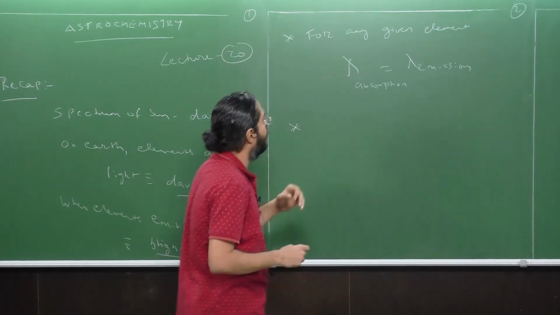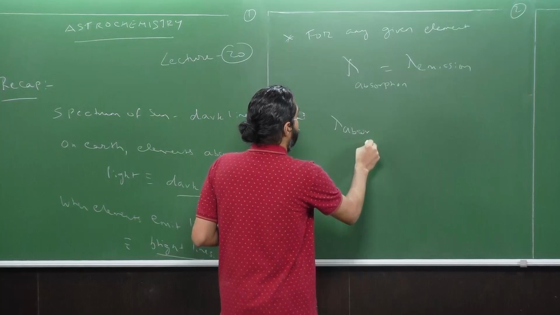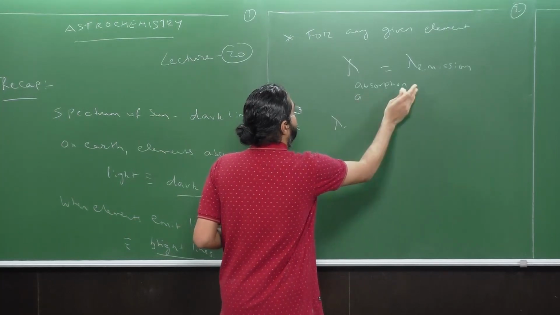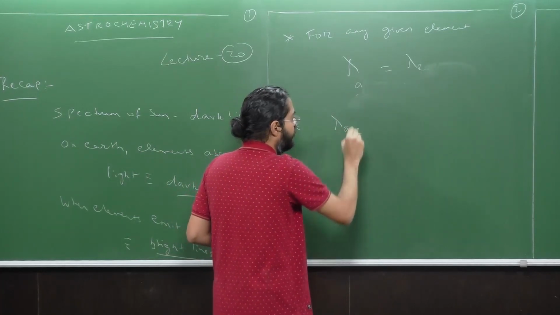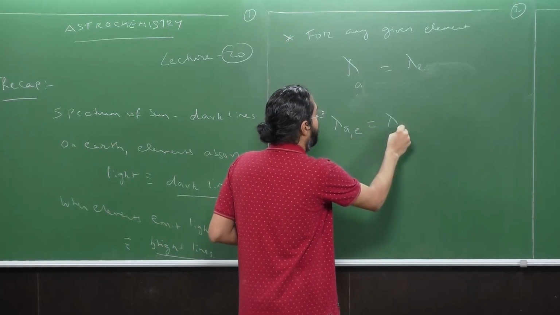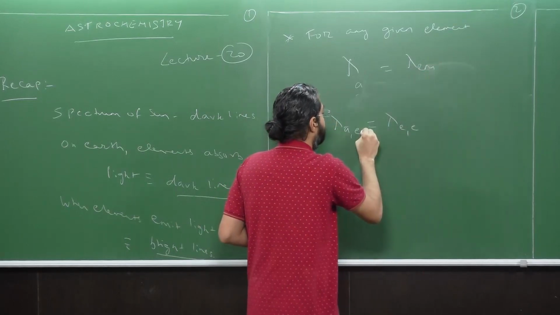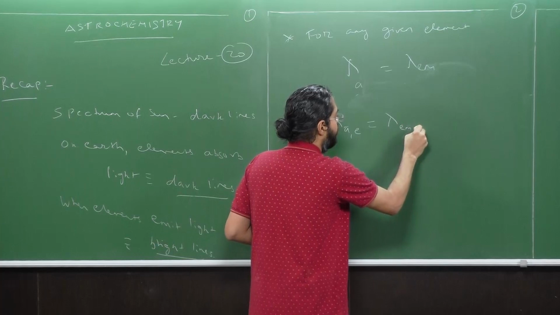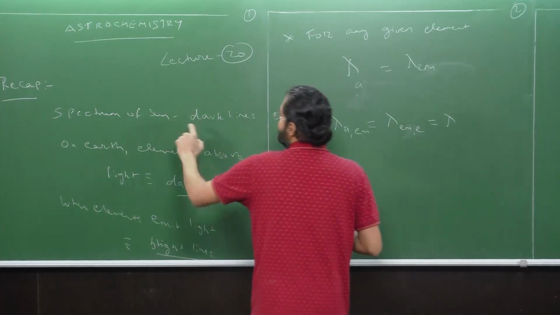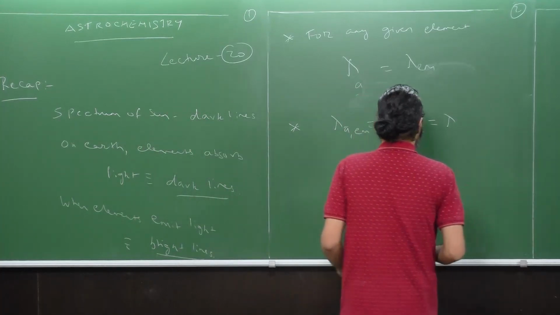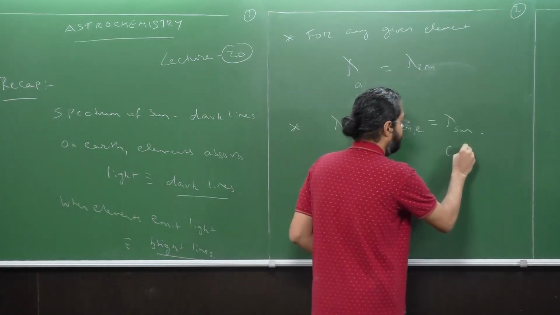I'll just also write it down on the board. Okay, the lambda absorption. I'll just call it lambda A, instead of writing absorption and emission every time, and this is going to be E. Lambda A on Earth is equal to lambda E on Earth. The second E stands for Earth. This is for emission; I'll put it EM to avoid confusion with Earth. And it was also noted to be the same as the wavelength for the dark lines, the lambda obtained from the sun. Please notice this for the dark lines.